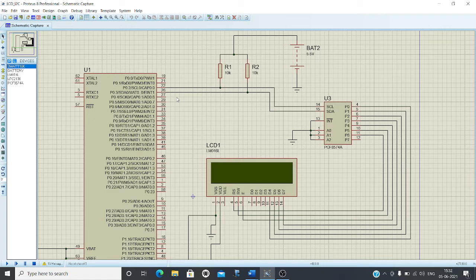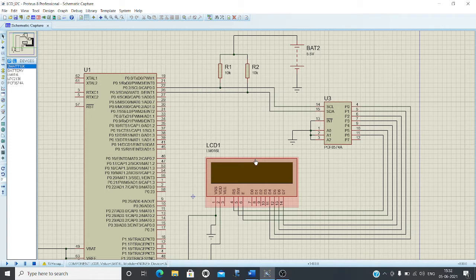But one important thing to be noted is that while this is advantageous, on the peripheral side, in this case the LCD, this peripheral must support I2C communication.